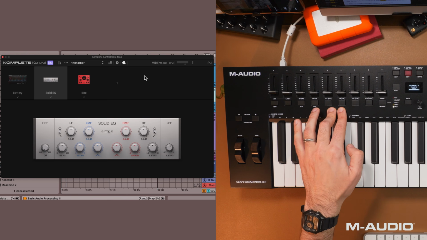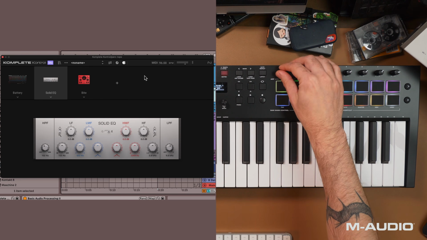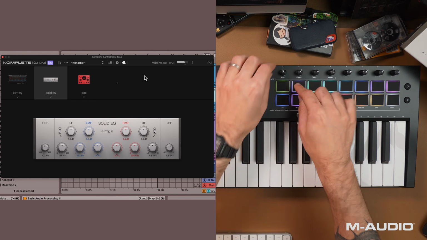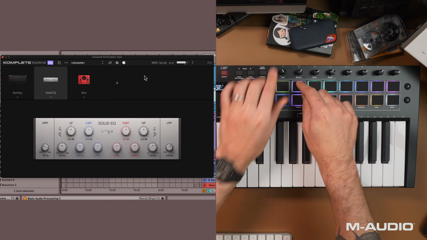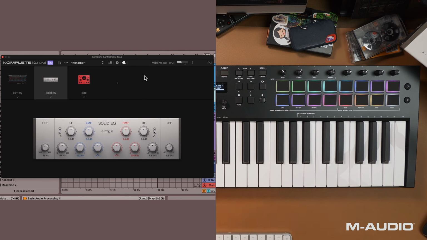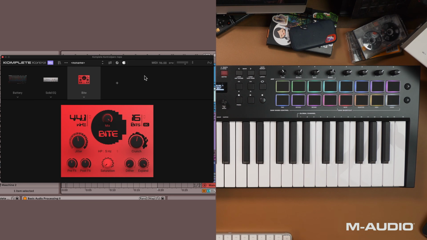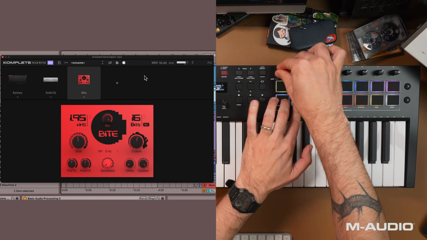And you guessed it, when we land on a device, our macro controls now adapt to the plugin that we're seeing on screen. So if I wanted to add some type of high pass filter on this, we're actually adjusting that right here with that macro on the Solid EQ. And I'm using the high pass filter on these drums in particular because I have my kick on a separate track. Here I've scrolled over to Byte and we are able to,